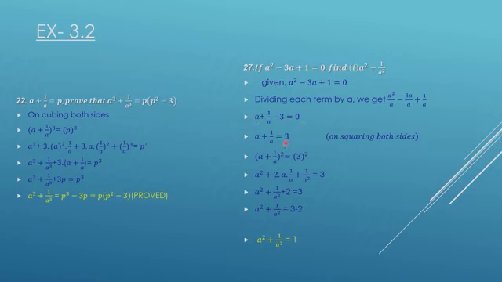I'm taking 3 to the right hand side, and then on squaring both sides we get the form of (a plus b) whole square is equal to this. When you expand this, we get an equation like this. Here a again gets cancelled, so you're left with a square plus 1 by a square plus 2 is equal to 9. Taking 2 to the right hand side, you're left with a square plus 1 by a square is equal to 7. So our answer is here. This is what we were asked to solve.